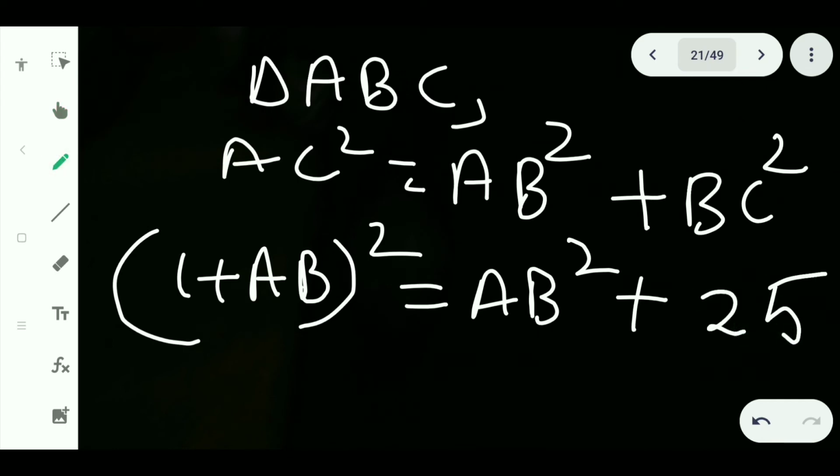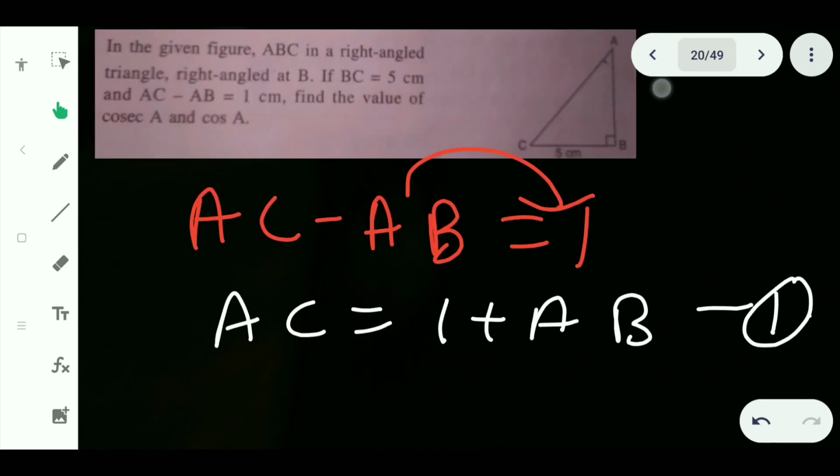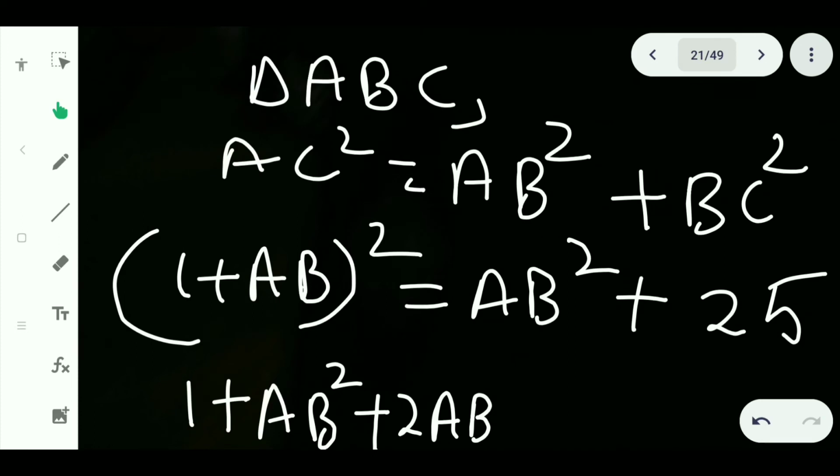Okay, so 1 plus AB whole square is nothing but 1 square plus AB square plus 2AB. You should not think of it as small ab, it is capital AB, that is nothing but the length of this side, is equal to